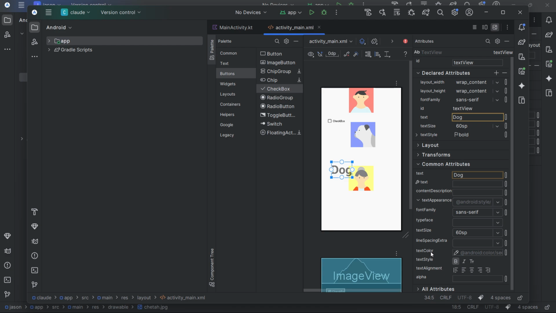The final step was to view and test the design. Android Studio has a built-in emulator that shows how the app will look on an actual Android phone. I clicked the run button, selected a virtual device, and waited for the app to launch. Seeing the layout on the emulator gave me a clear idea of how the user will experience the interface.